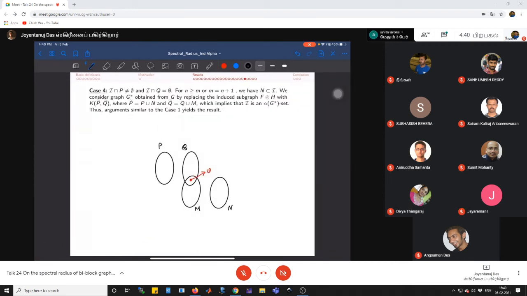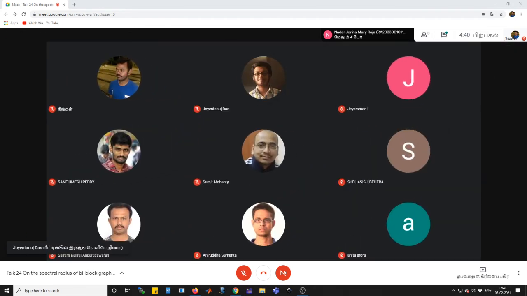The next case is what happens if I intersection. In the previous cases we were considering that I intersection P was empty and I intersection Q was not empty. But here the fourth case is that I intersection P is non-empty, and I intersection